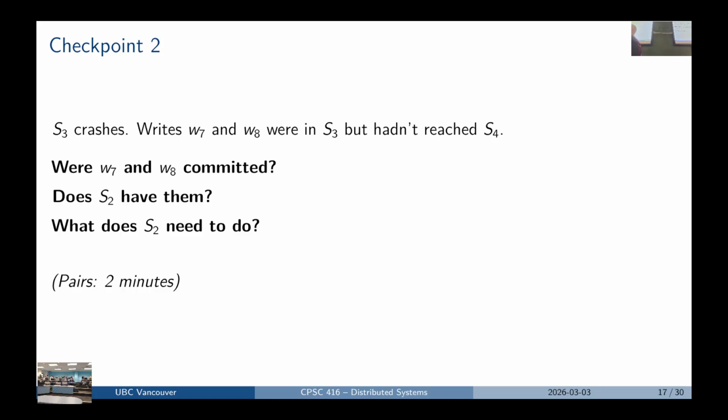It's fine, because S2 would. You need to talk to yourself. Sometimes it's the other way. But S2 crashed. The client can just use it as this, right? That's what we said, if they didn't get back. The client